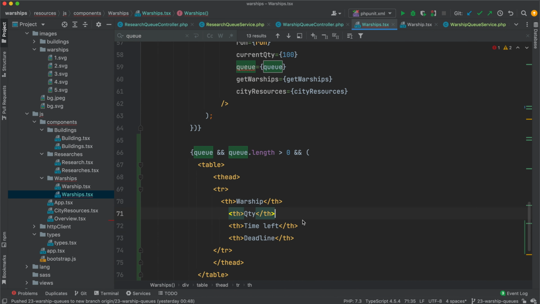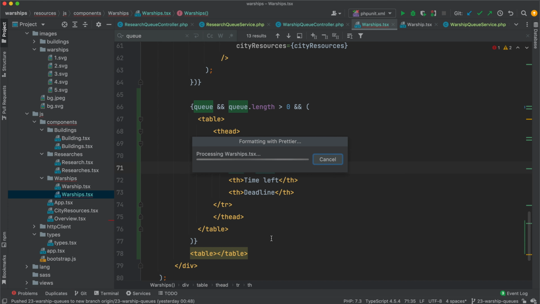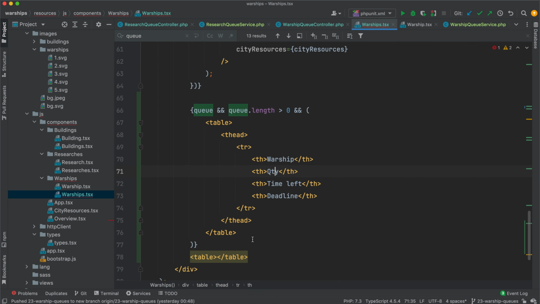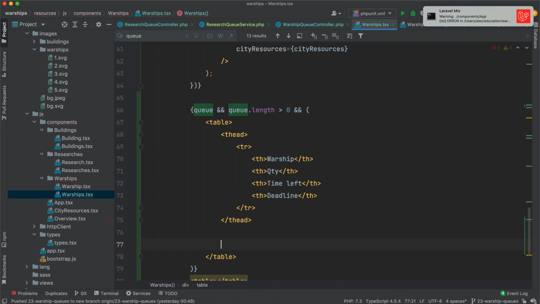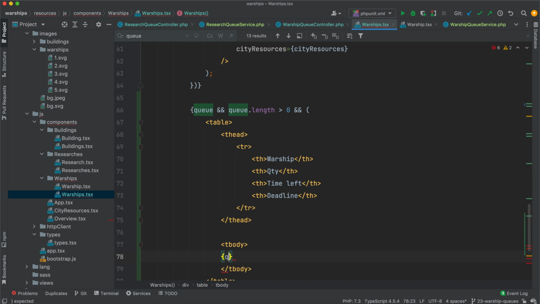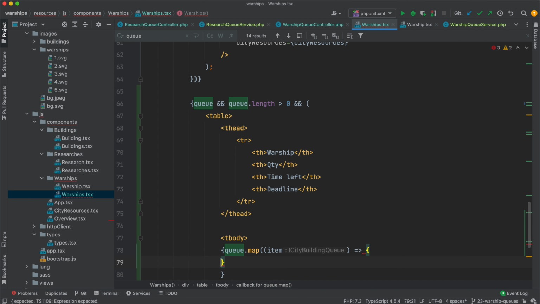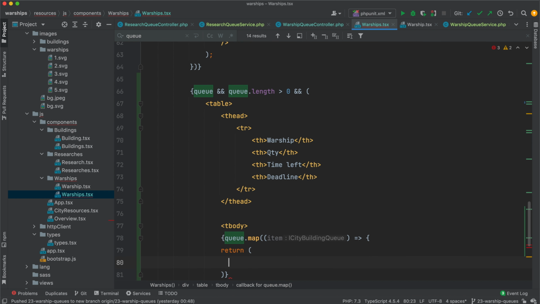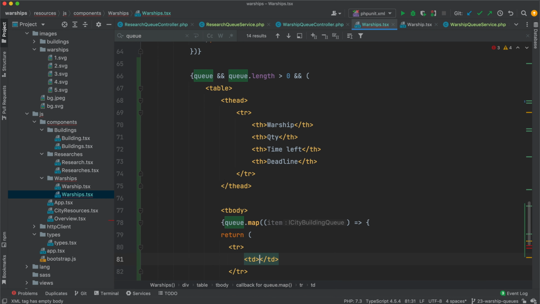So it will be something like this, right? Yes. And after that, I need the body, and here I will map my queue and I will return something. I will return tr, td,